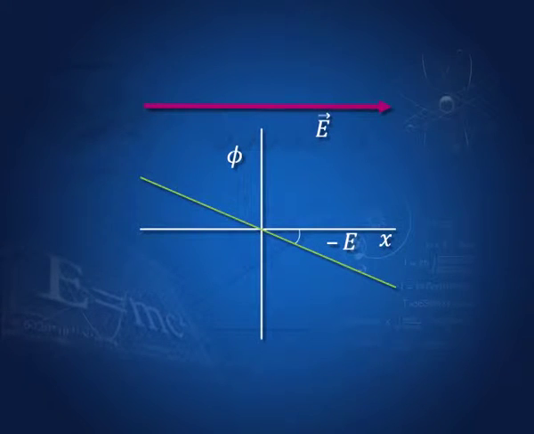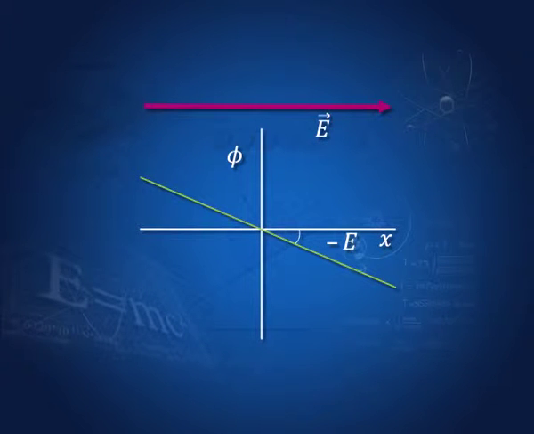So, if the electric field is uniform along the x axis, then the potential due to this field is a line which is phi equal to minus Ex plus a constant, and this constant can be made 0, and this line has slope equal to minus E. So, the electric field is like this, but the potential is a straight line with a slope minus E.